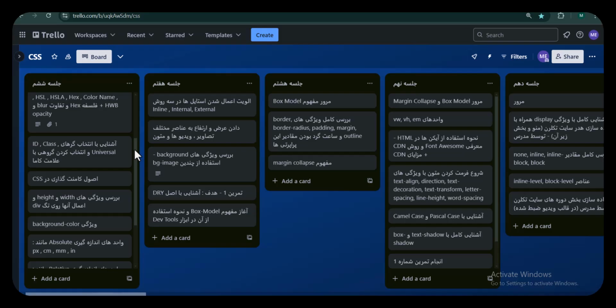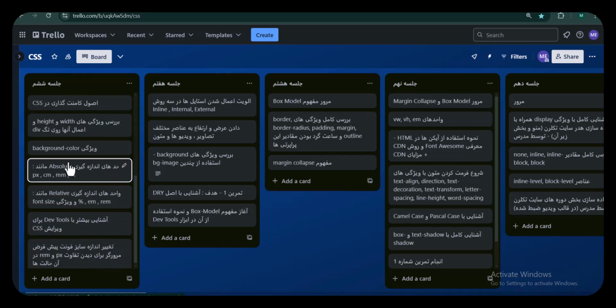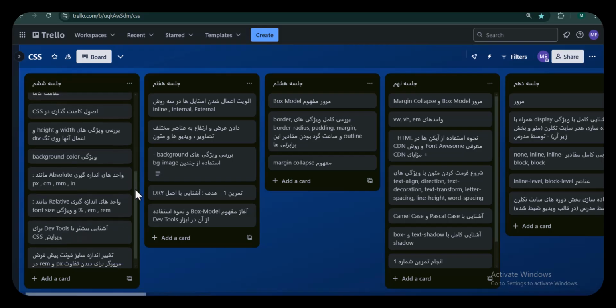We're going to cover many things in the next session: the width and height of elements, the background color, and measurement units, both absolute and relative measurement units. And I want to familiarize you with DevTools